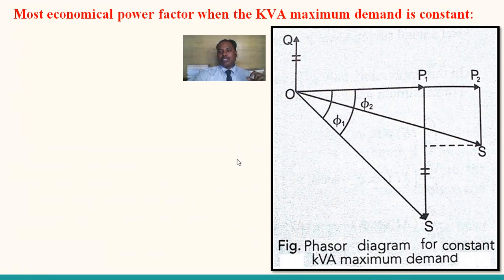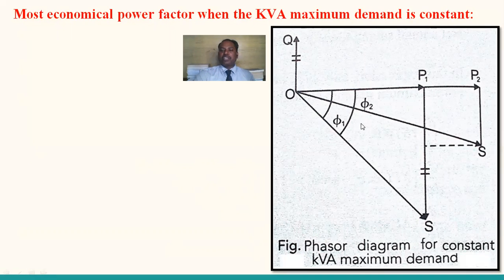Net reactive power is the difference between leading and lagging reactive power. Leading reactive power is higher, lagging reactive power is lower. So therefore, the net reactive power is also towards the lagging side. So without changing the kVA maximum demand, the capacitor correction equipment is to be installed in the system, resulting in